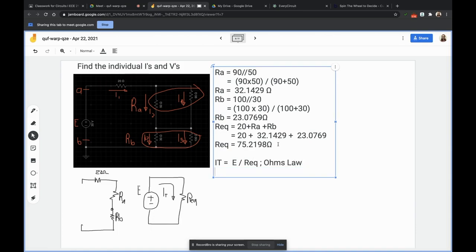Okay, so that will be equal to 30 divided by 75.2198. So what is our I total? It's 398.8912 milliampere. So now, from that,